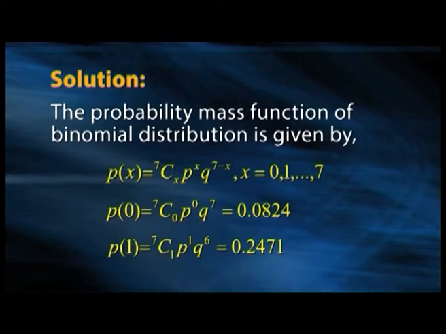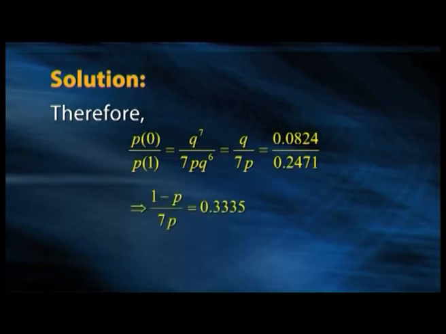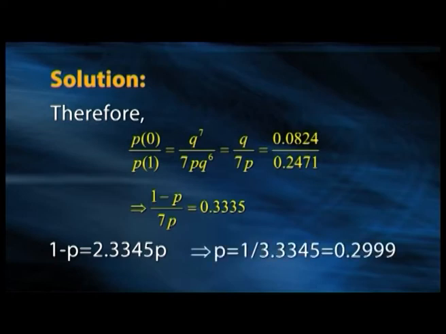Therefore, by taking the ratio of above probabilities, we get P of 0 by P of 1 is equal to q power 7 divided by 7 into p into q power 6, which is q by 7p, equal to 0.084 by 0.2471, implies 1 minus p by 7p is equal to 0.3335. That is 1 minus p is equal to 2.3345 into p, implies p is equal to 1 by 3.3345,